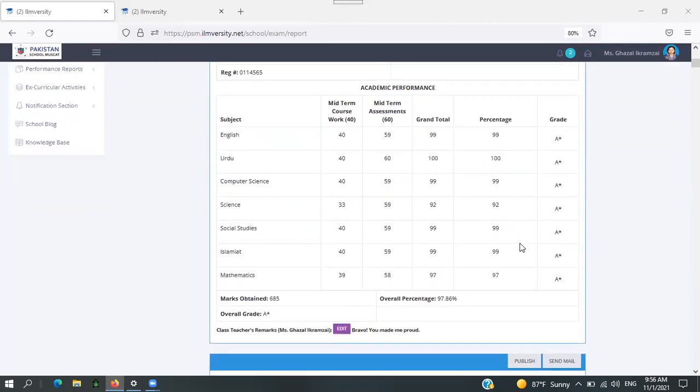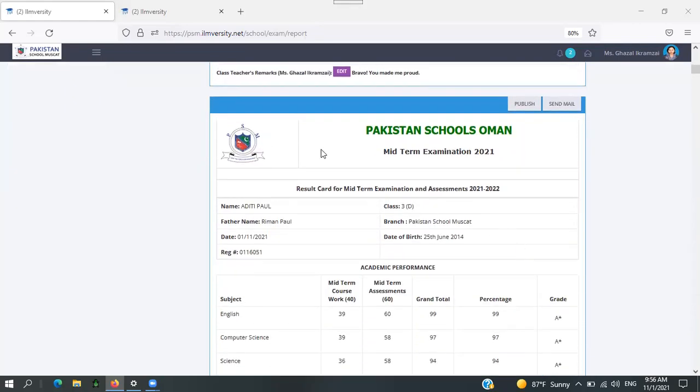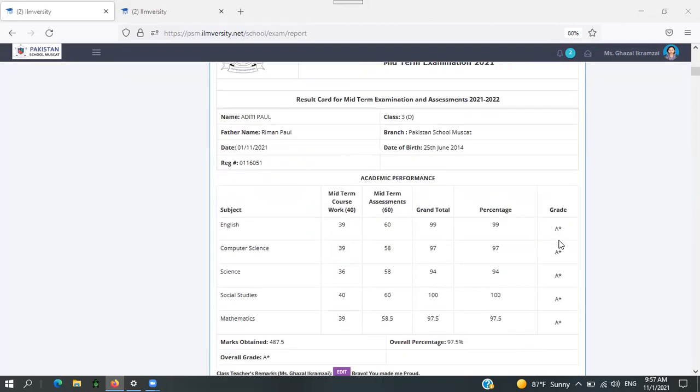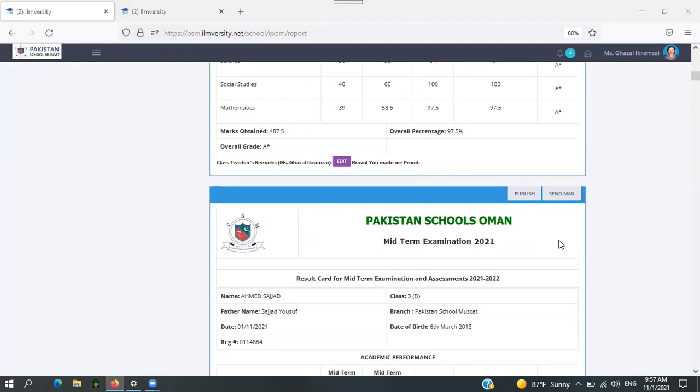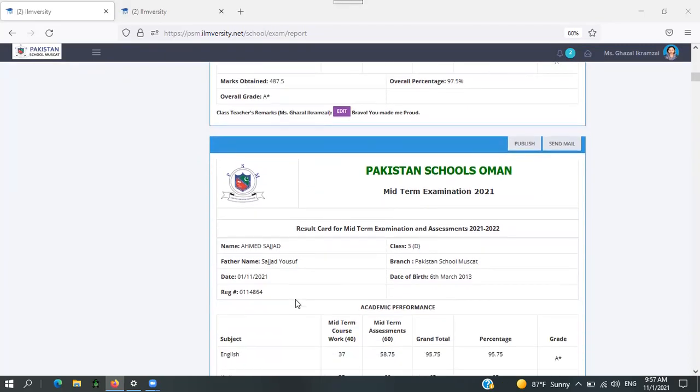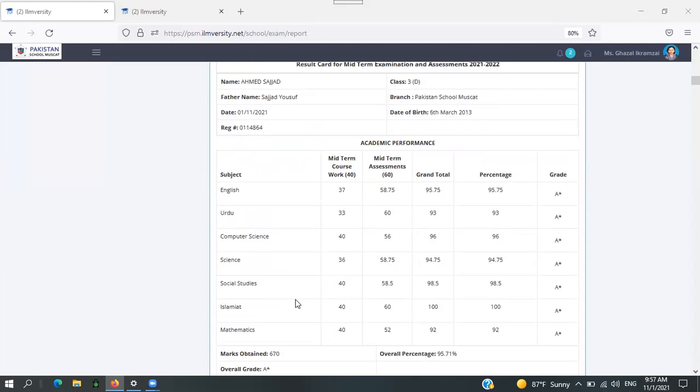Once it is done, you have to go over here at the start of your card. There is an option of publish and send mail. You just have to click the send mail option for the desired students, because if this student is not in the defaulter list, then you're going to send this mail. Click this button of send mail and your result will be sent automatically to the student's parent ID. So this is the simple way, and one by one you have to carry out this process. Like all the students, you have to send their results one by one.